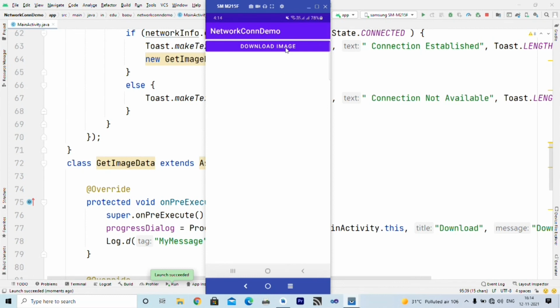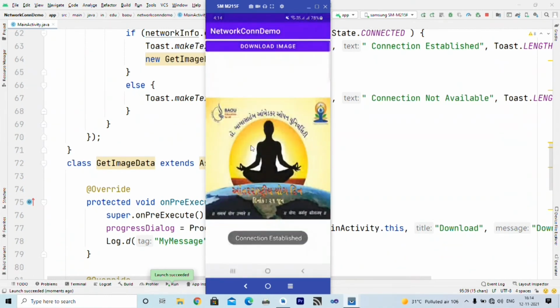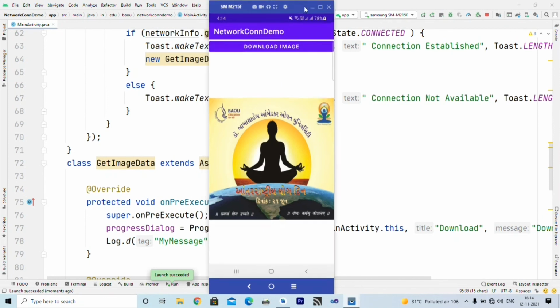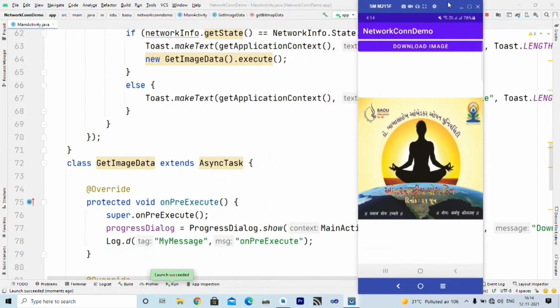So I am clicking on download image. It displays this dialog box and immediately it displays connection established and fetches that image. Since this image is very small, it quickly downloads. Now let us go to the Logcat window and see what happens.